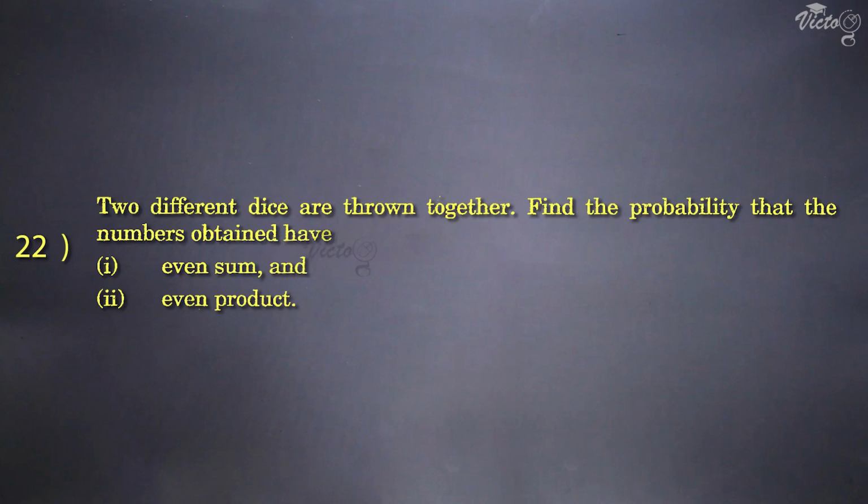Next is question number 22. Two different dice are thrown together. Find the probability that the numbers obtained have first part even sum and second even product. It is given that two different dice are thrown simultaneously, so we have to write down all the sample spaces. The sample spaces are